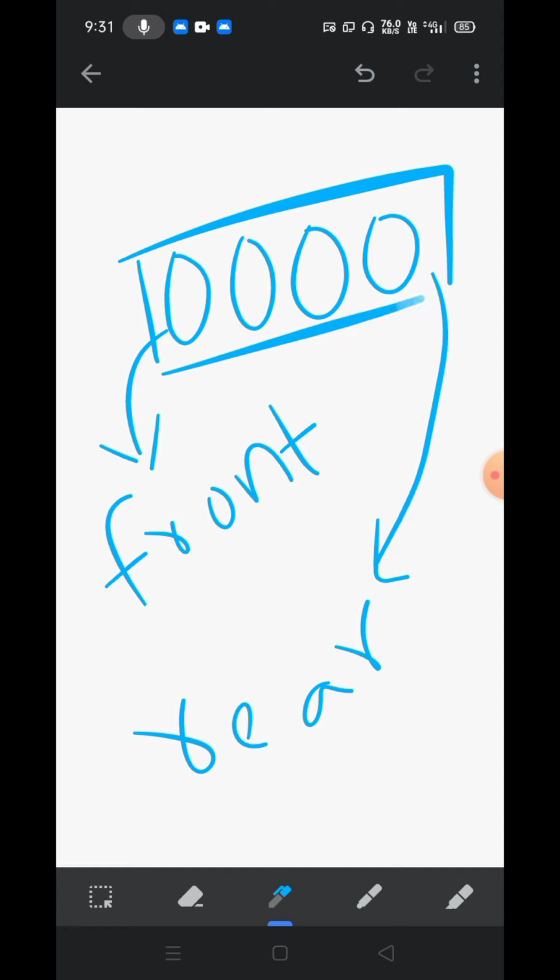This is the queue. There are two situations in the queue also, like stack, which we had discussed in the previous video. I will give the link in the description. You can go and check the video there. When there is no element and we are trying to remove, meaning DQ an element, even though there is no element, there will be a situation called underflow.